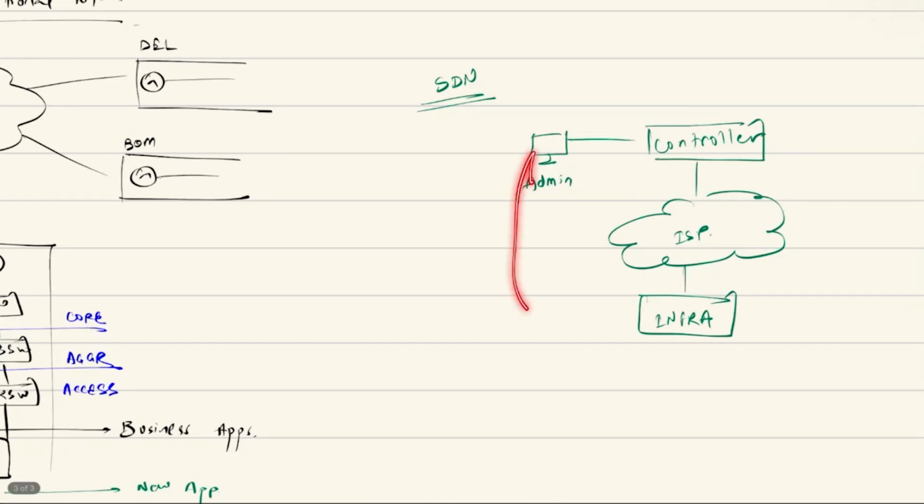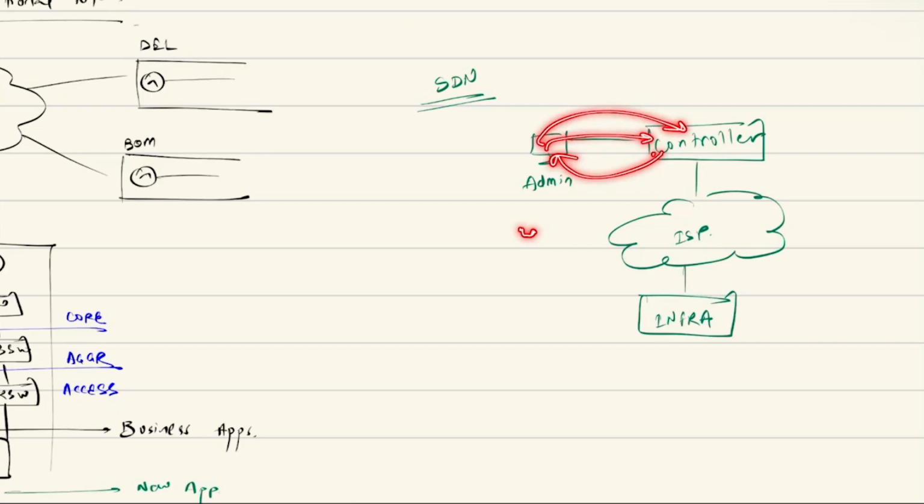So instead of going directly to the infrastructure, you go to the controller and specify your intent. Hey controller, let's say I want to configure OSPF on 10 devices. Okay. Now you tell that to the controller. The controller says, okay, which devices do you want to configure?